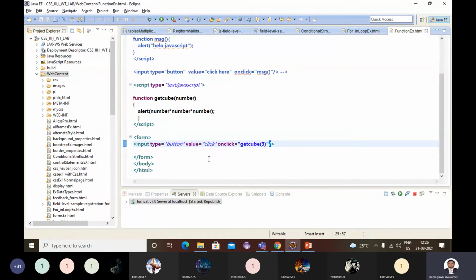Right. I think you understand how to pass arguments? One argument I passed here. You can pass a number of arguments also in this way. Okay. Next,